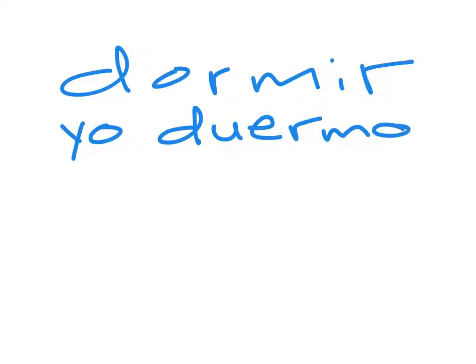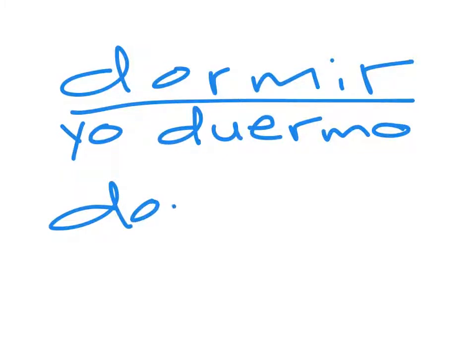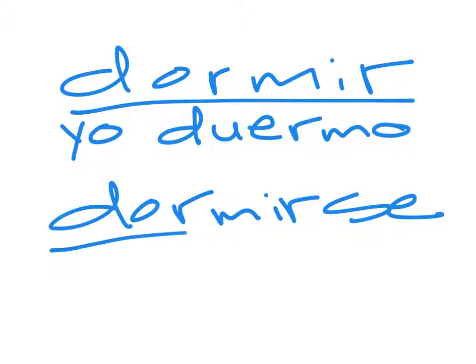Dormirse, though, is a little different. Dormirse doesn't mean I sleep. It's actually a little bit more specific. It means to, and this is on page 181, to fall asleep. Let's say you don't sleep a lot at night. No duermo mucho por la noche. Maybe you suffer from insomnia. And so you fall asleep a lot in class. And you want to convey that idea in Spanish? Yo no duermo mucho por la noche, entonces en clase